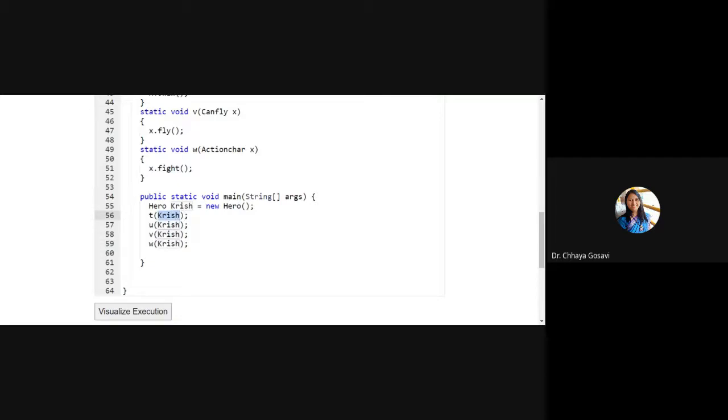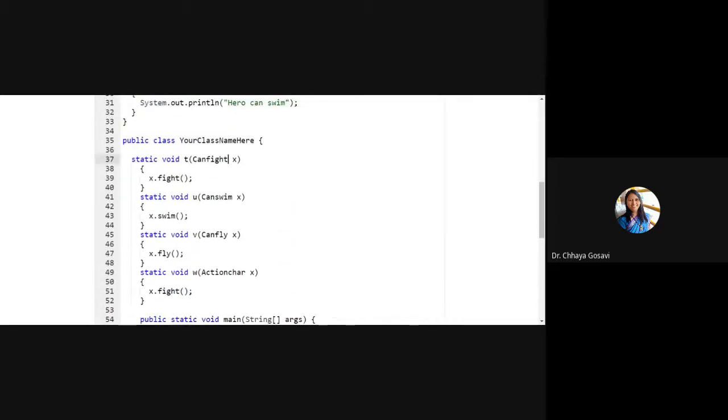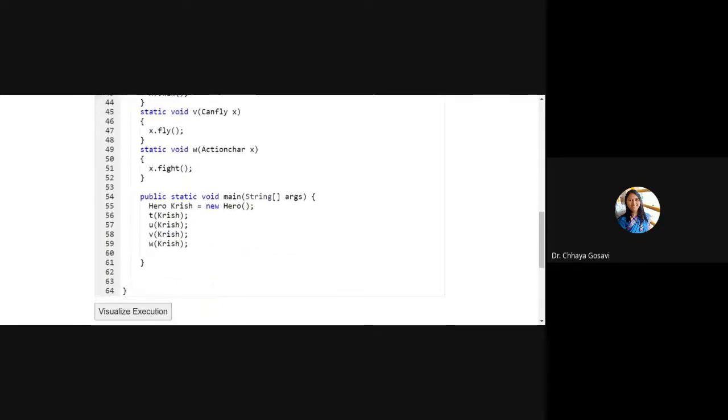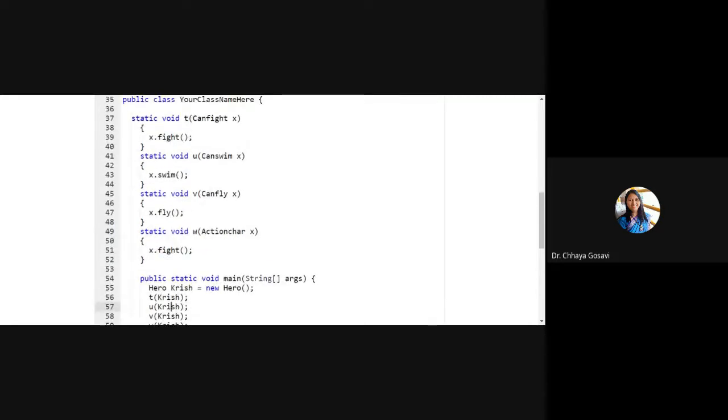But in the case of T, this object I'm assigning to interface CanFight. And with this interface, I'm calling the fight method. So it will call the fight method. For this function, the object I'm passing is the same object Krish, but it points to this CanSwim interface and it can call the swim method from CanSwim interface.